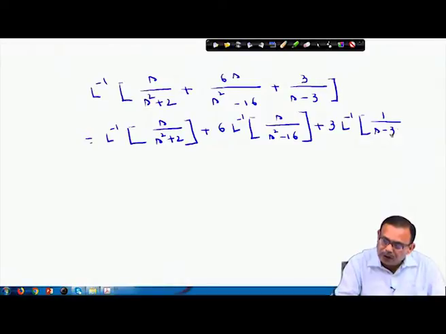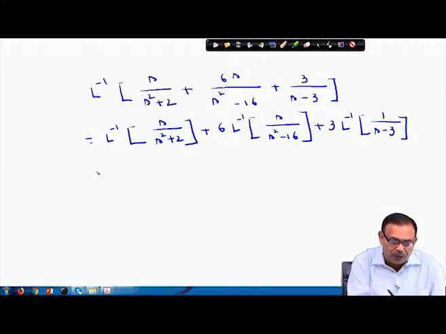Now, please recall, s by s square plus 2 is the Laplace transform of which function? You know it very well, it is cos. This plus 2, you can write as root 2 whole square. So, s by s square plus a square is the Laplace transform of the function cos a t. Therefore, Laplace inverse of s by s square plus a square, you can write down cos of root 2 t,